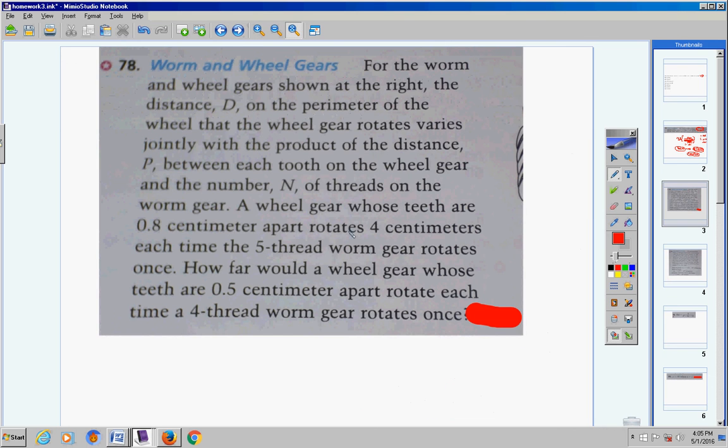Okay, 78. Now this one's pretty confusing, but if you'll listen, I'll be able to walk you through this and help you, okay? For the worm and wheel gears shown to the right, you can look in your book and see that the distance d on the perimeter of the wheel that the wheel gear rotates varies jointly. So d varies jointly